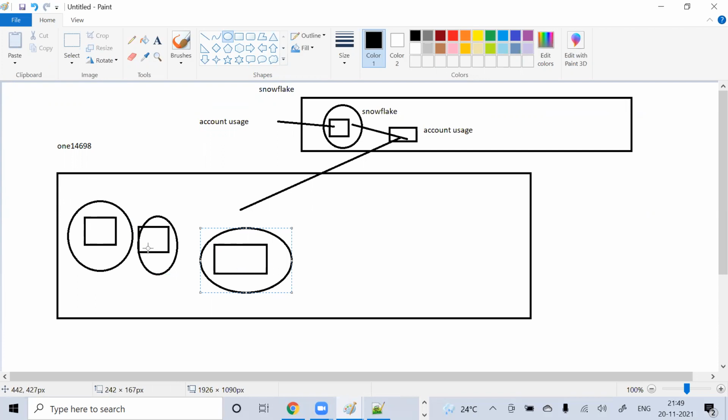Okay, so information schema is existing under your accounts, while account usage schema,